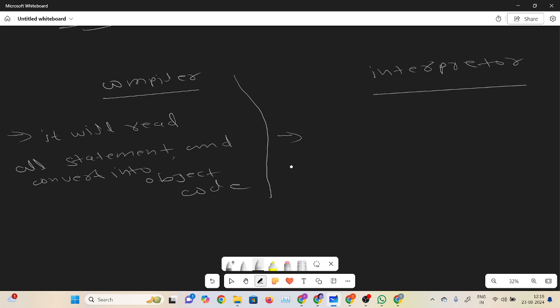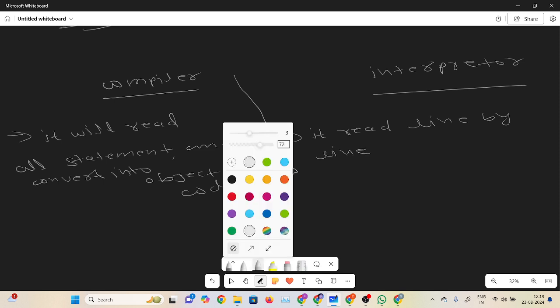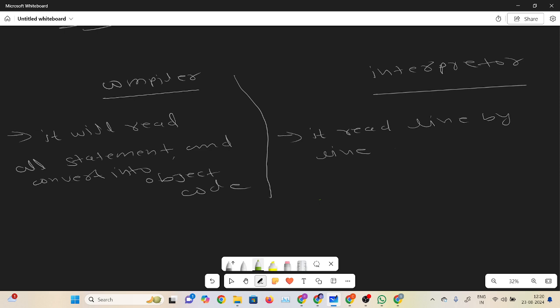But in case of the interpreter, it reads line by line and executes simultaneously. Okay,